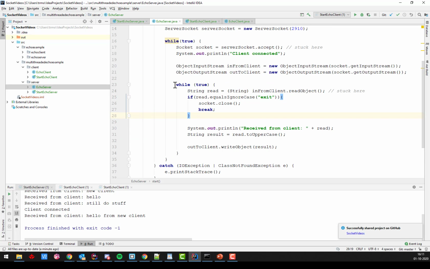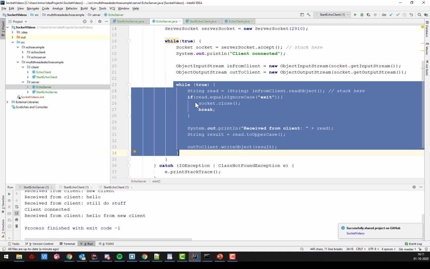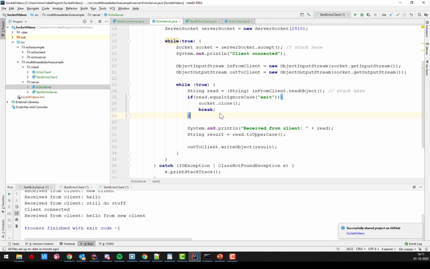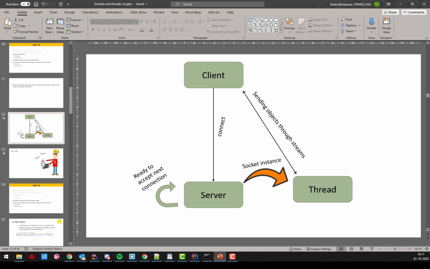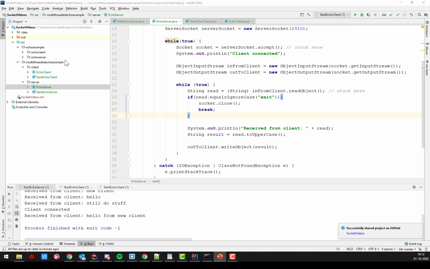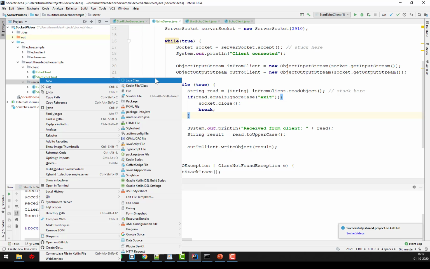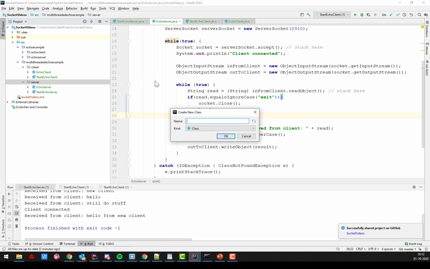So the first client, we're stuck in the while true. When we're done here, we go out and we handle the next client, and then we're stuck in the while true for that one. So according to this one here, whenever we connect, we want to create a new socket, socket thread, we could call it, a new thread that handles the socket instance and then handles the behavior for that interaction between the server and the client. So we're going to create this thread here, and I'm going to say new, I call it client handler,